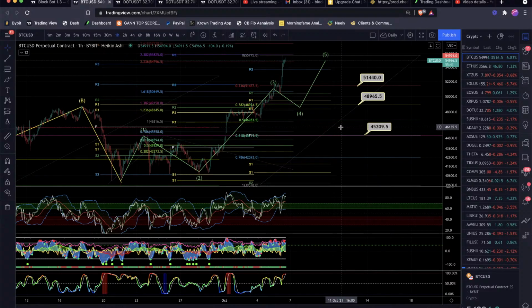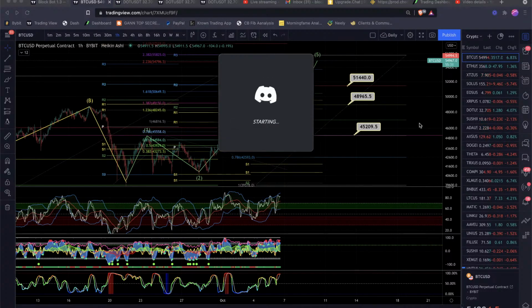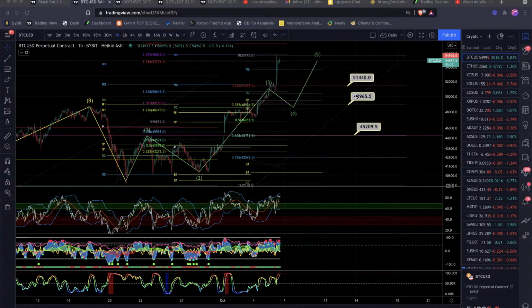All right, so let's go ahead and dive in real quick. For those of you who are in the Discord, yesterday I did post a chart for this move up to 55K. I'm going to pull that up real quick just so we can recap it. I was looking at this as a deeper retracement right here, obviously, because this is basically the impulsive wave that I drew. I was looking for a deeper retrace on the 4, which basically we could be looking at 1, 2, 3, 4, 5. This right here was the 3rd, and this right here would be just a tiny 4th, and then this would go up for this one going up here for the 5th.